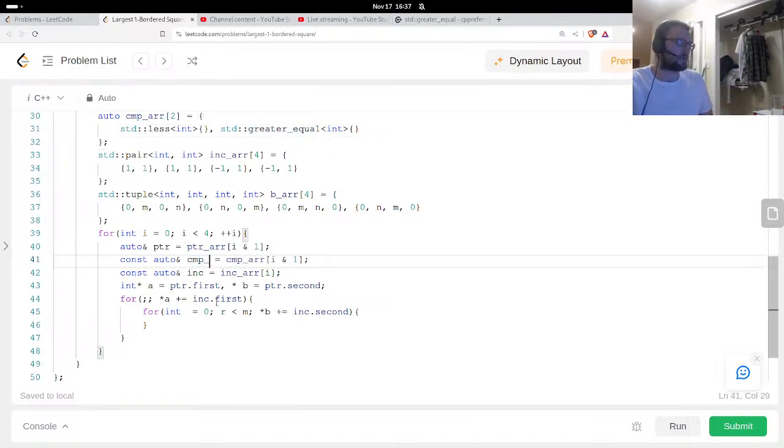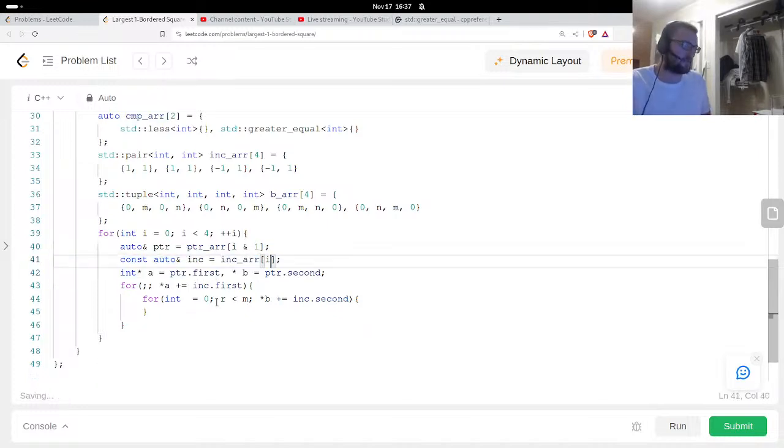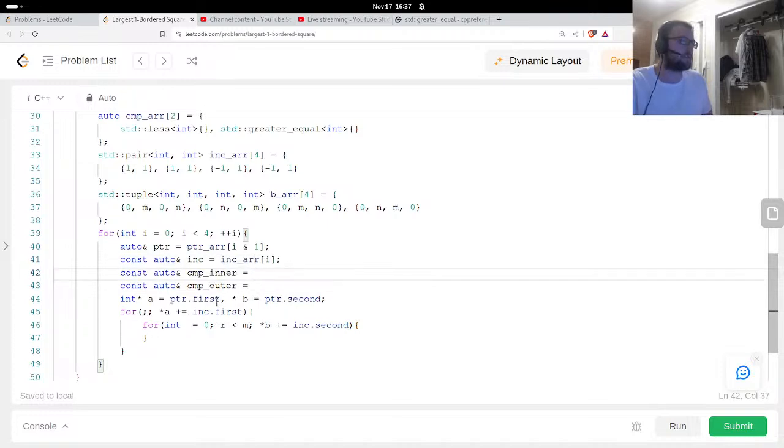Just comp inner and comp outer. And these depend on the increment, so they get paired with the increment. So this is going to be the increment first and the increment second. And we're going to take -1 or 1,